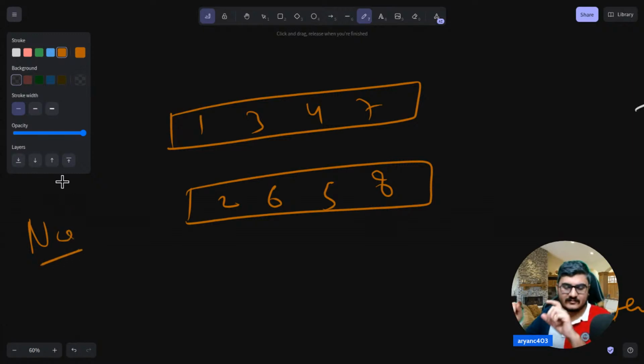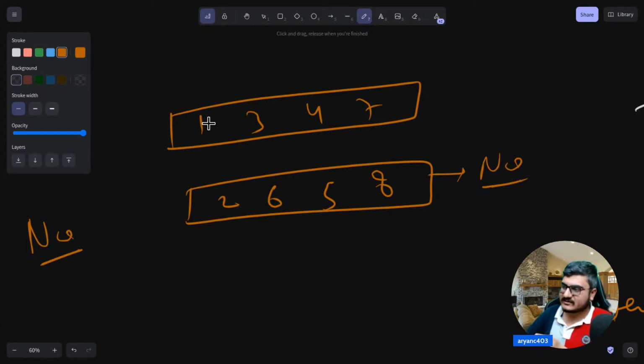The idea is, you will have to place 1 somewhere, right? So why not just place it at the start and put its opposite pair here? Then you have to place 2 somewhere, but 2 is already placed. So you look at 3. Now you have to place 3 somewhere, so you just place 3 here and 6 here, and if you end up with numbers like this, then the answer is definitely no. You can never form a sorted array